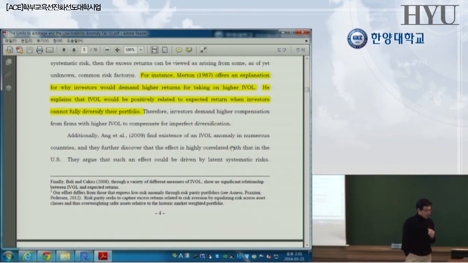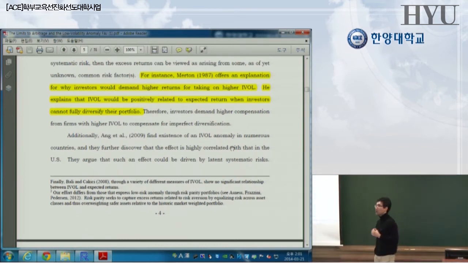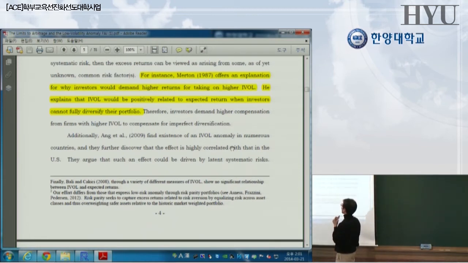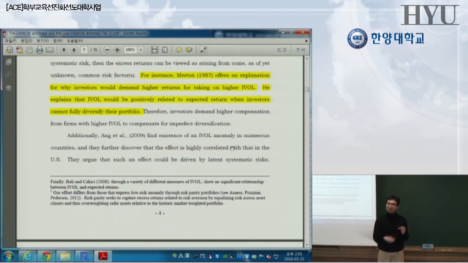And then there are people who try to explain the low volatility anomaly, like Ang et al. They find the existence of the anomaly in numerous countries. They find the low volatility anomaly in Korea, and also in the US, in Europe, in Japan, in many countries. So the low volatility anomaly is not a single country phenomenon. It is a global phenomenon. In addition to that, they argue that